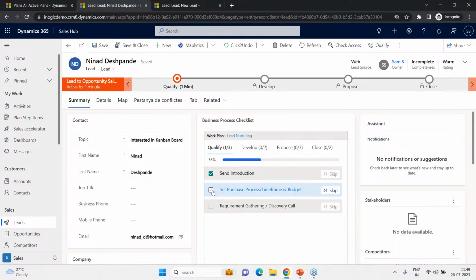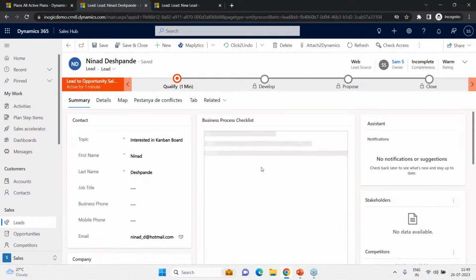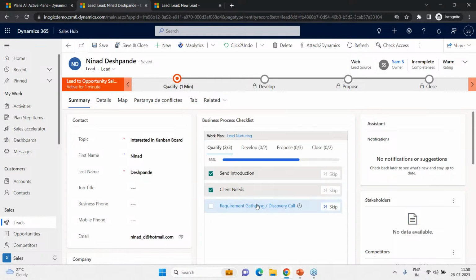Once I get all this information, I will definitely mark this as completed. And once I mark this completed, let me just save this. And now you may notice that I have the third one, which is highlighted in the blue color, since I have completed both the